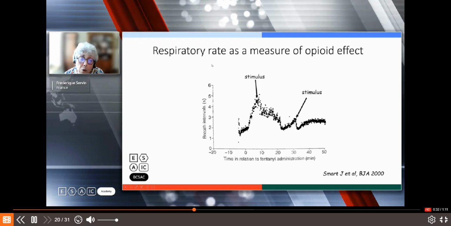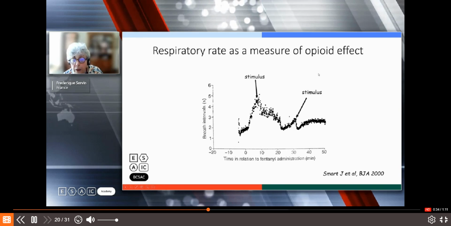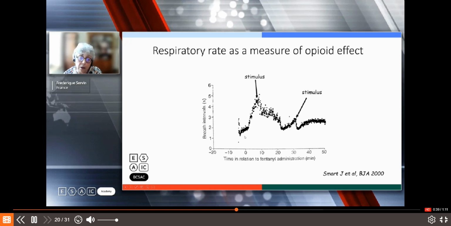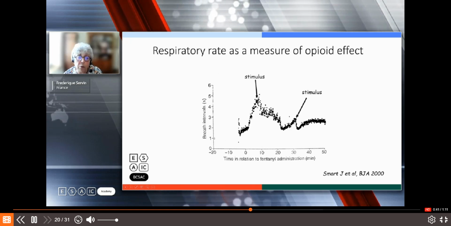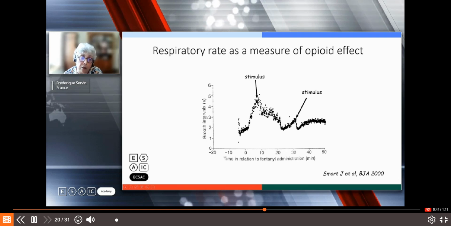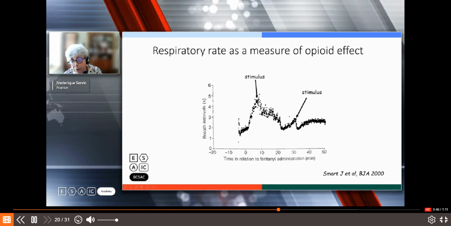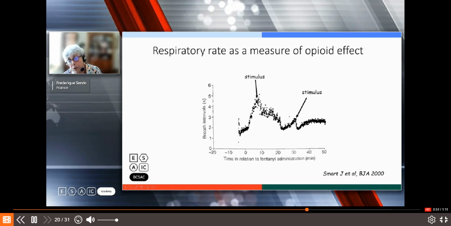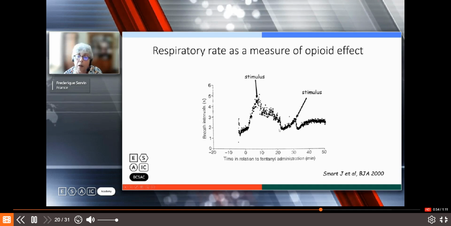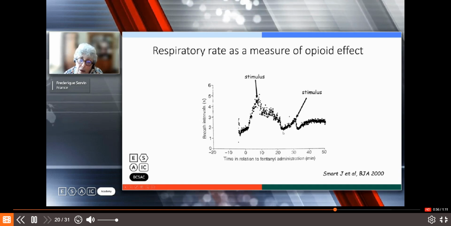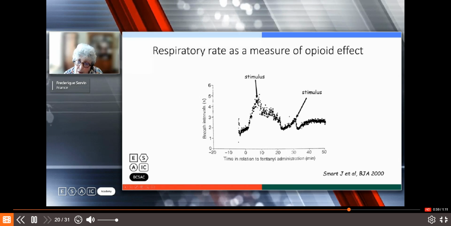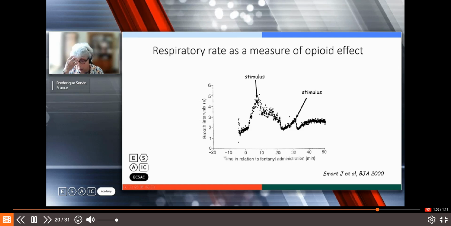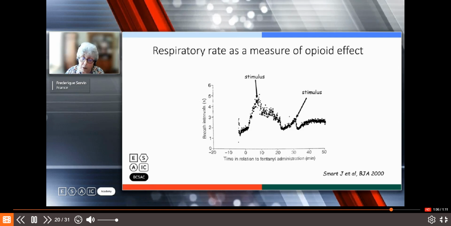One of the easier ways to measure the opioid effect in a spontaneously ventilating patient is to look at the respiratory rate. Here it's breath intervals, so the shorter they are, the more the patient is breathing quickly. You see the stimulus and you get an increase in respiratory rate, and the same with another stimulus. This is the easiest way to measure the adequacy of the